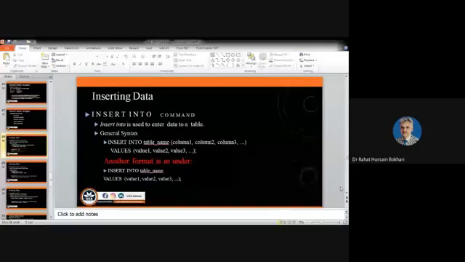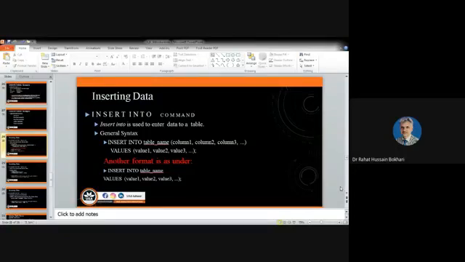Sometimes you are likely to insert the data in some of the columns, not all columns. So this is the flexibility with the insert into command. In the general syntax, we have written insert into table name, that is given by you, the table name that you have already created. The column names, let's suppose you have student's registration number, student name, student hobby, then student fees paid, and that is written this way.